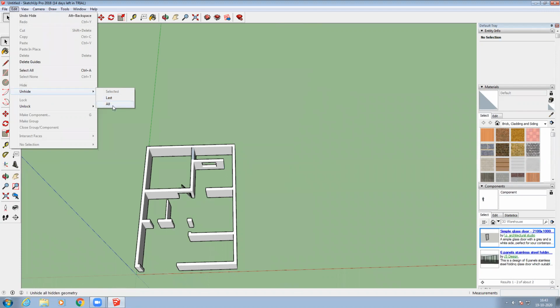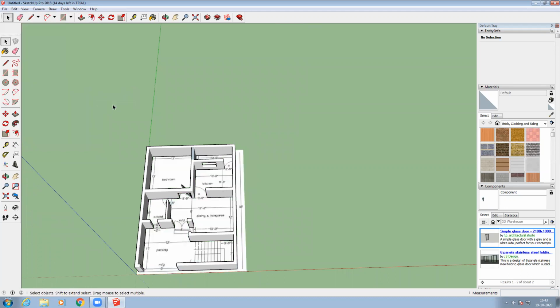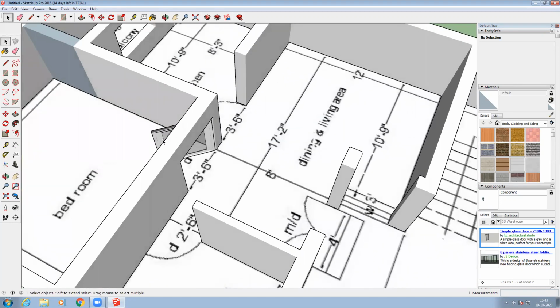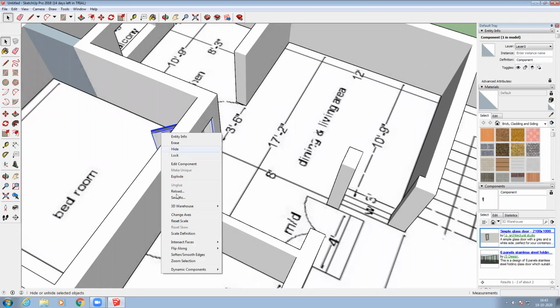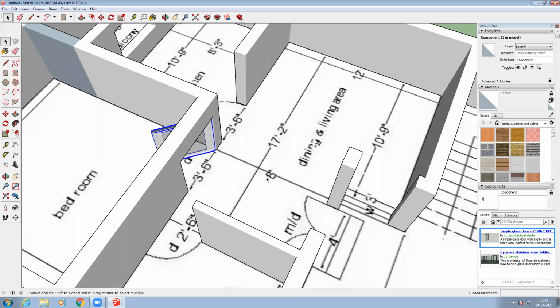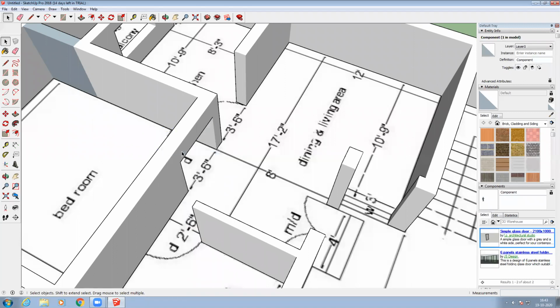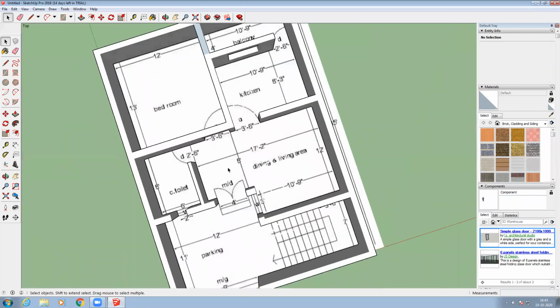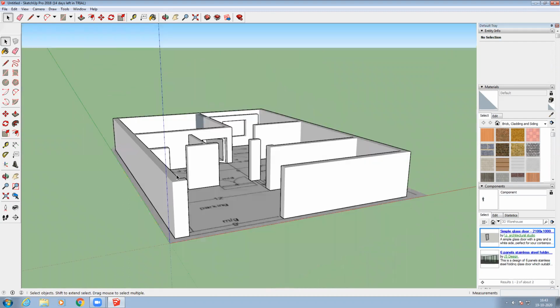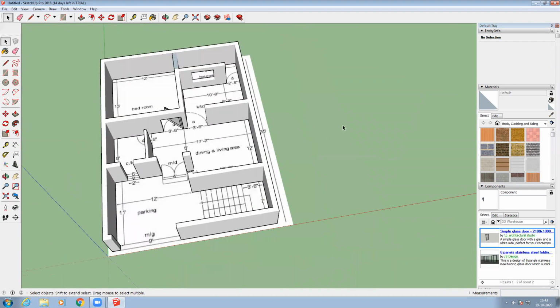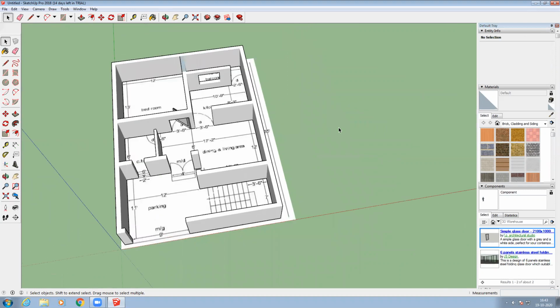And if you hid more than one item, then you can unhide all, so that the unhide option will come. Even for example, this door I want to hide, that also you can do. For example, I'm going to click on it, and I want to hide it. You can see here the hide option. You can hide the door, whatever it is here, right? If you want to provide it again, then you just go to the edit option and unhide. The door will come back to this particular diagram, right?